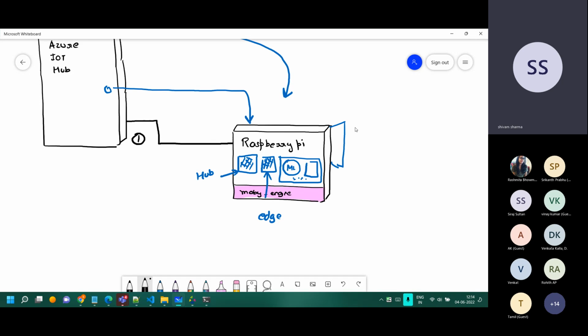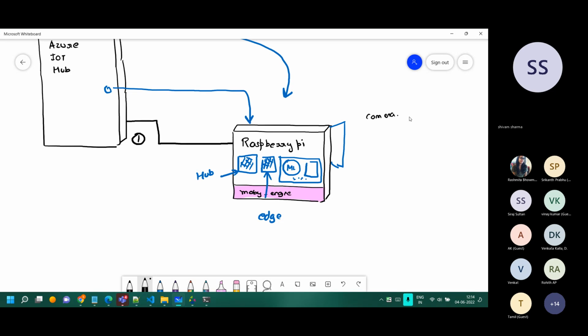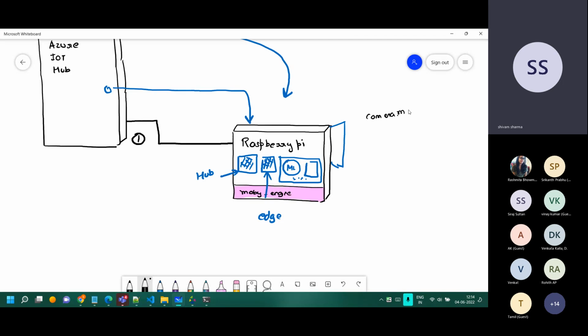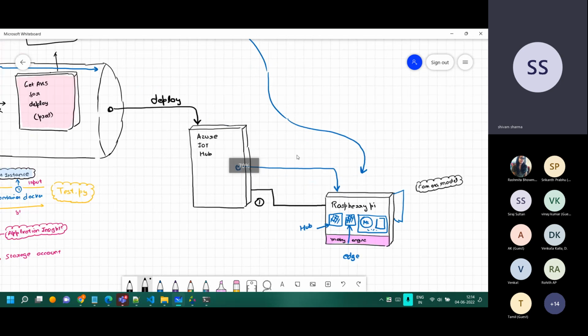If it's a camera input and all those things, we have not done it. It's not our requirement right now. I just wanted to show you that in the same pipeline, you can also put the IoT Edge deployment as well.